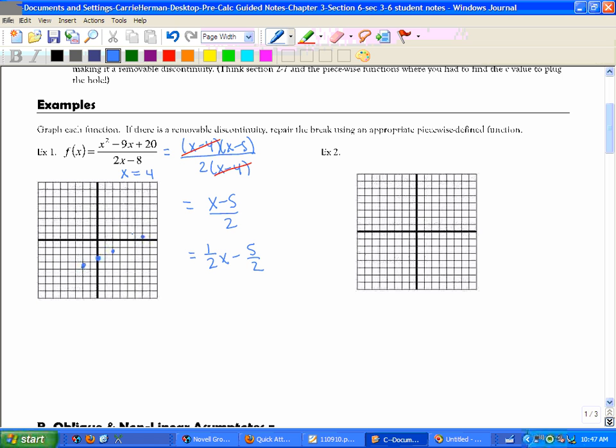So x equals 4, if we plugged it into that equation, the y would equal negative 1/2. And so you can connect the dots and make a line, leaving a hole at that value. So to tie it into Section 2.7, if we wrote this as a piecewise equation, we would have 1/2 x minus 5 halves for all real numbers except x equals 4. And we would have negative 1/2 where x equals